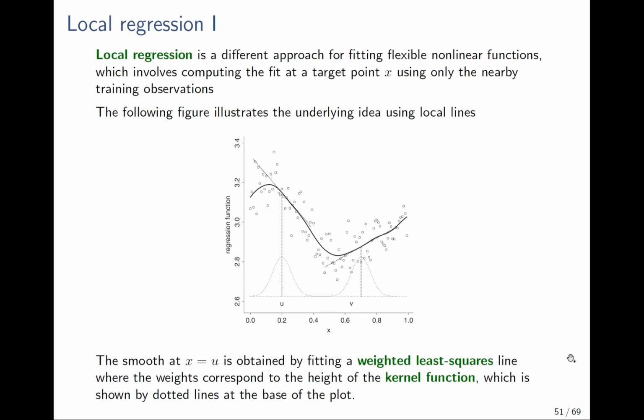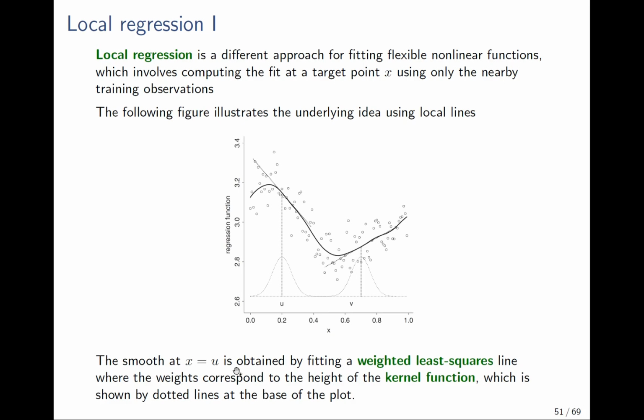Local smoothing or local regression actually differs from the spline approaches that we've looked at previously. Local regression is an approach that seeks to fit flexible nonlinear functions using only the nearby training observations around some target point. It's illustrated in the figure shown here. So let's focus on the point u. We want to provide a smooth function at the point u,